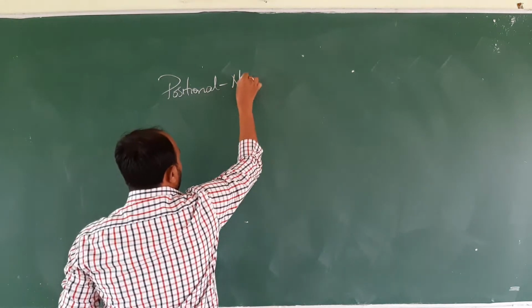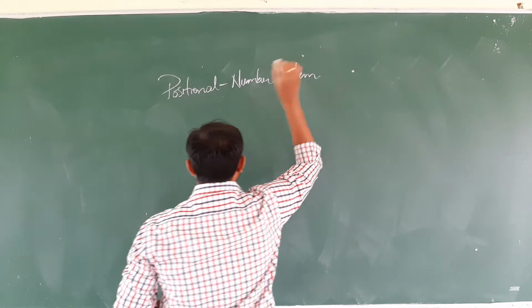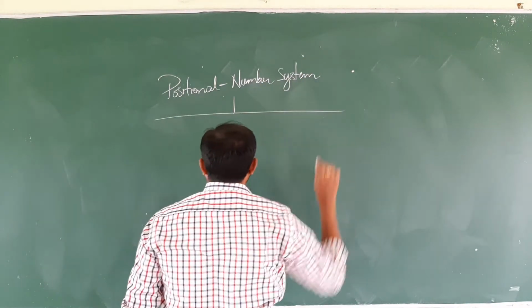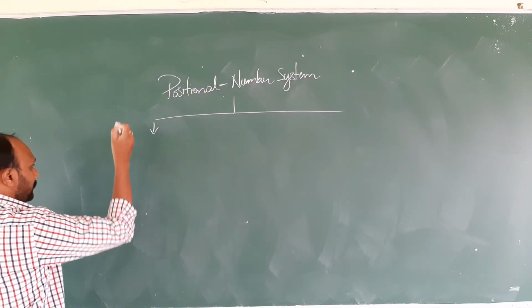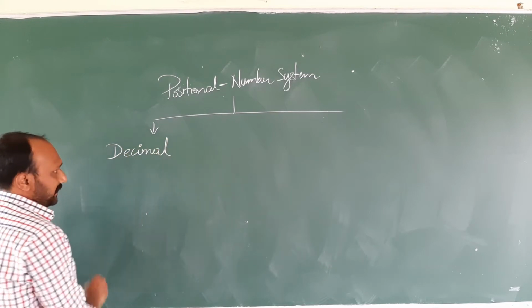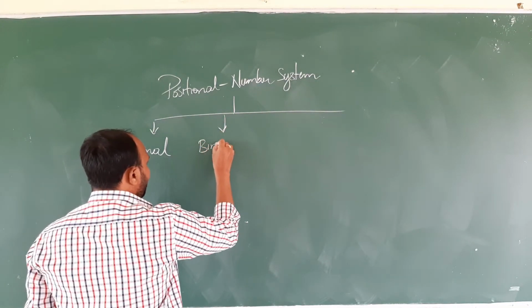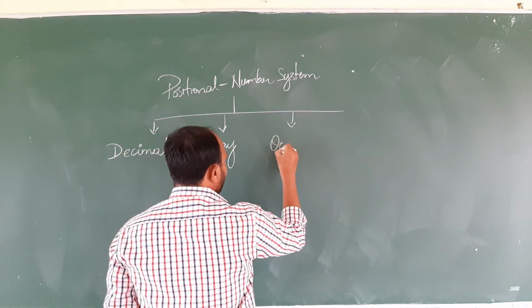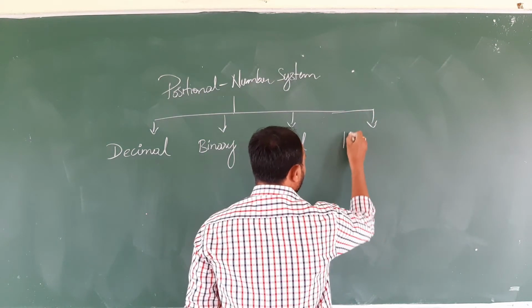Positional number system. There are different varieties in positional number system. What are the different varieties? The first type is referred as decimal number system, followed by binary number system, followed by octal number system, and the last one is referred by the name